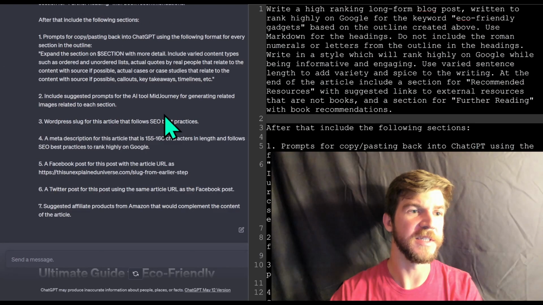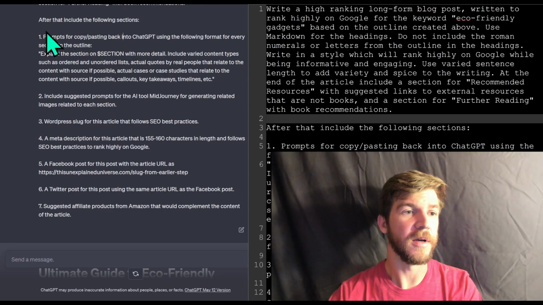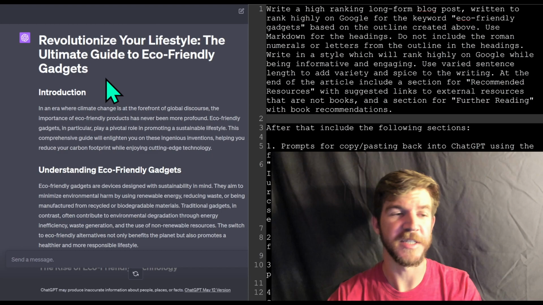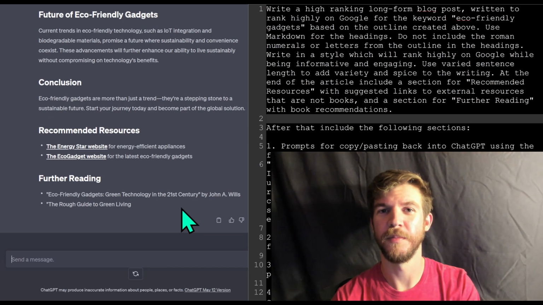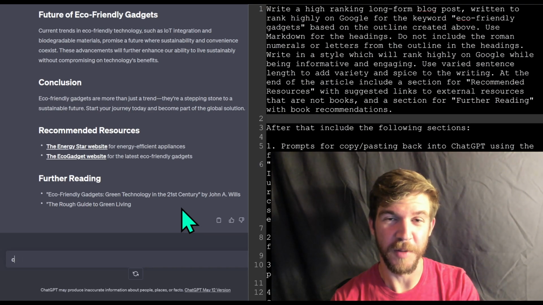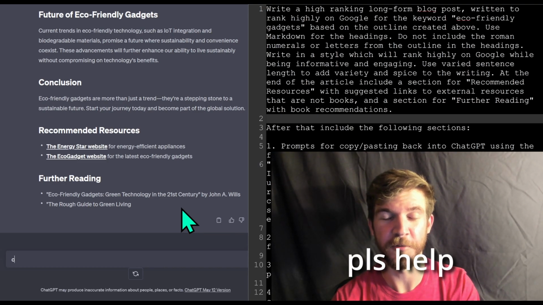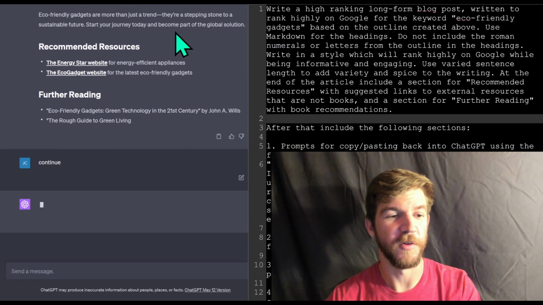I just realized it did not include the prompts. So this may happen. What you can do is take this, and we're gonna copy the last bit. Oh, I'm a dum-dum. I have to hit continue. So this is some bad troubleshooting on my part, and I'm going to blame it on the fact that this is about my 500th take on this video right now. What I was supposed to do is type continue. So if we hit continue,